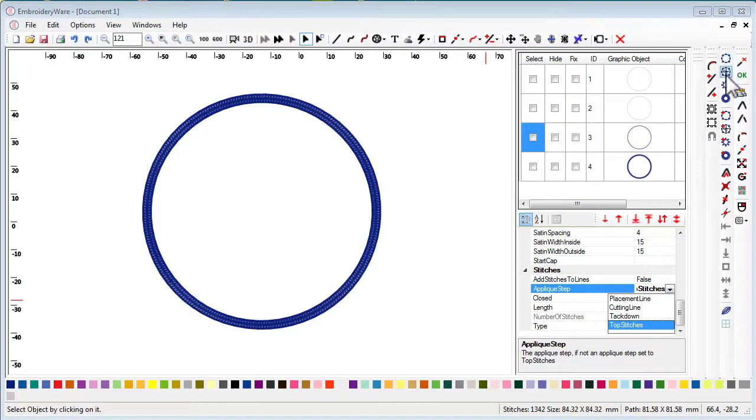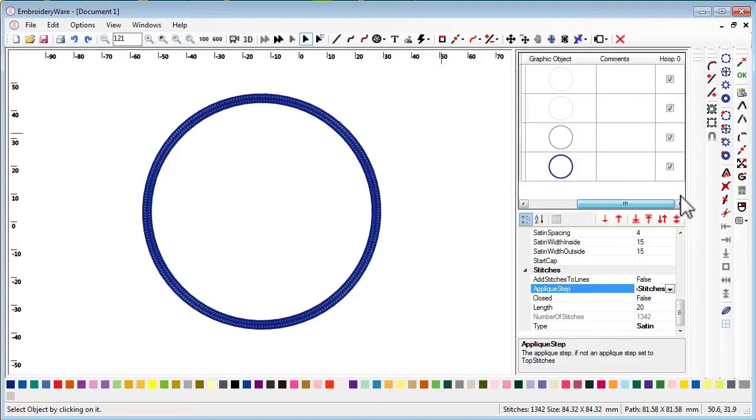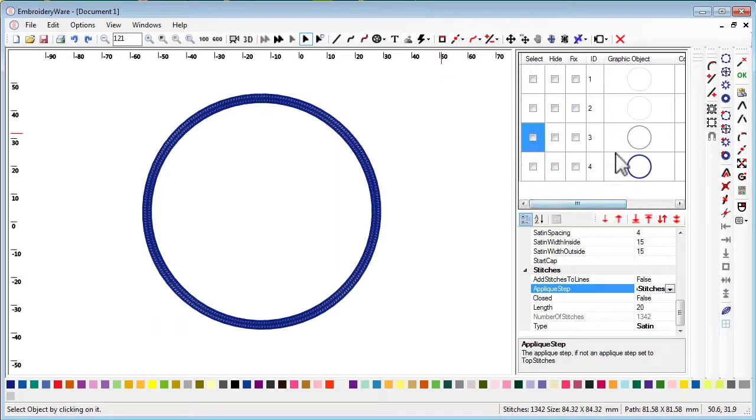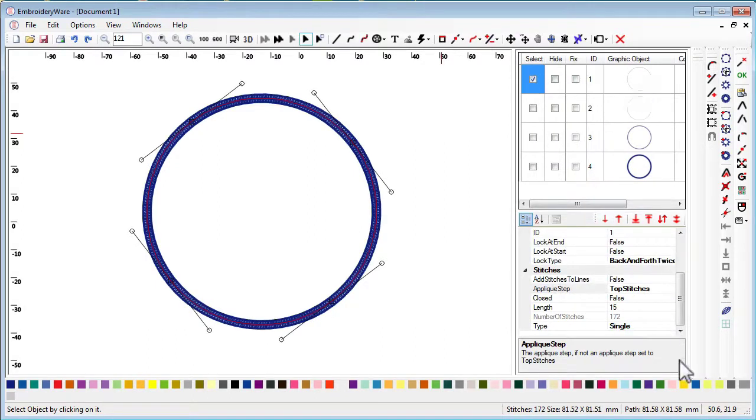But these are all basically defaulted to some values. Okay. Now, after you've done that, basically you have an applique design. So while this is all the same color, it doesn't have to be. If you change the colors, for example, to some of these last 3 colors, those are applique colors. So we have applique material,